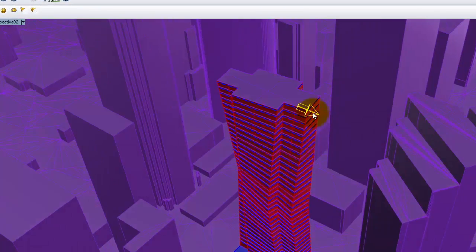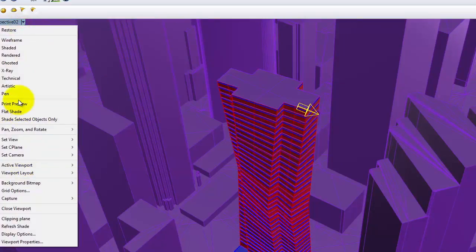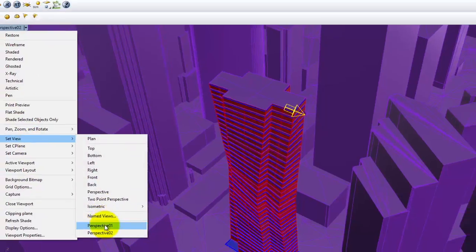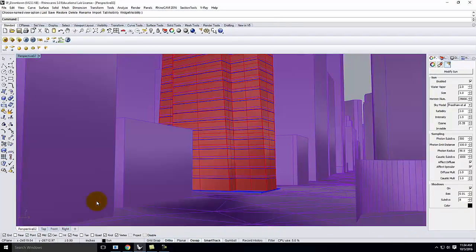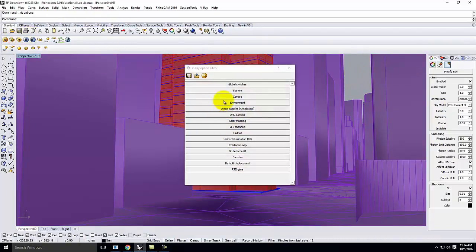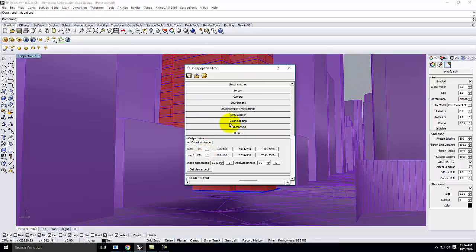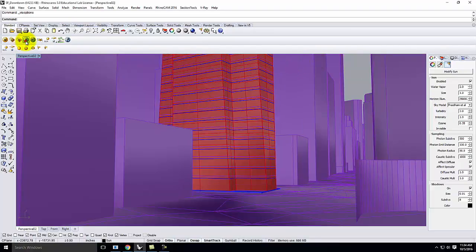Okay, so now I have the light, or the sun, inserted into the scene. And if I were to do a test render, let me go back to my perspective 2 render here. We're going to be able to see the sky through this render a little bit. And let me make this small so that we don't waste too much time. Okay, it's already small. If I were to do a render,